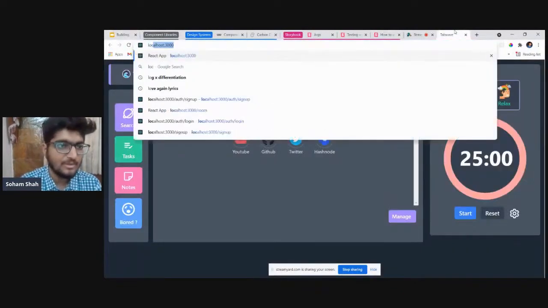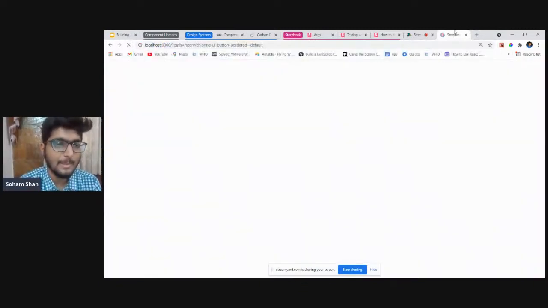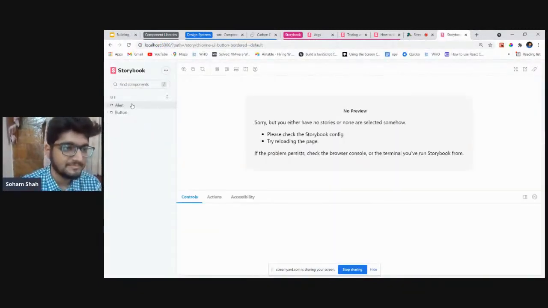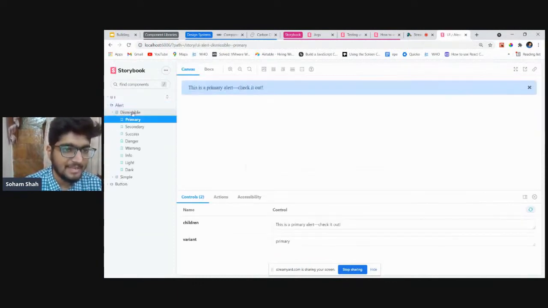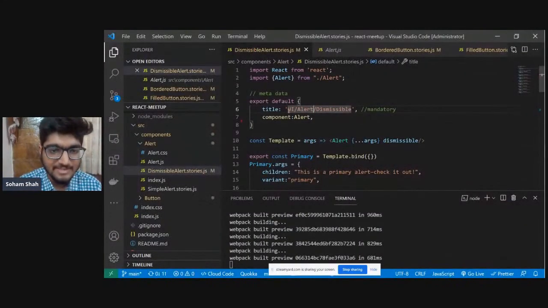Let's see, localhost 6000 is where our storybook will be. 6006, sorry. Yeah, so we have alert, and you can see different alerts. You can clearly see this is the path we have provided, UI slash alert slash dismissible.